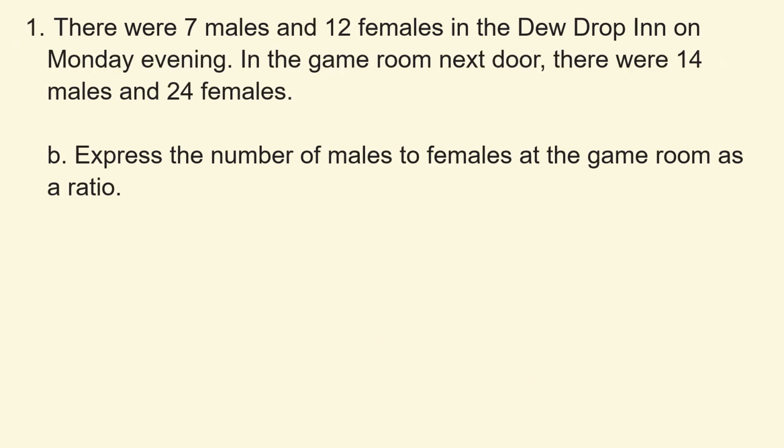Same setup, 7 males, 12 females at the Dewdrop Inn. In the game room next door, there were 14 males and 24 females. This time, we're supposed to express the number of males to females at the game room as a ratio. So again, we're looking at males to females, so that's telling us the order in which we're going to write the ratio. And this time we're looking at the game room. So males at the game room, there were 14. Females in the game room, there are 24. So the ratio of males to females in the game room is